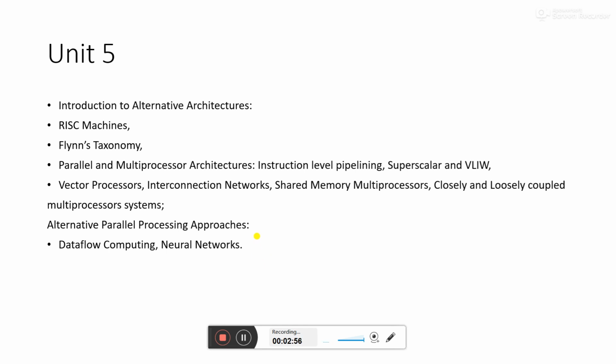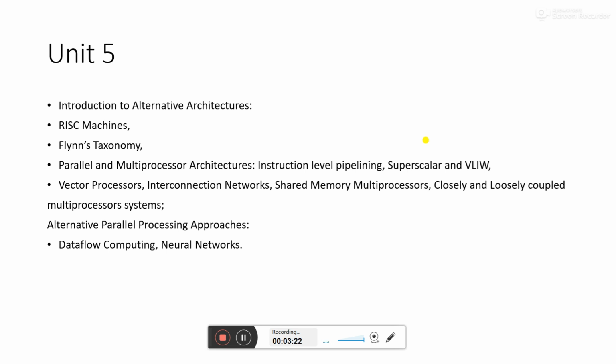We will find some architectures which do not follow the von Neumann architecture. In the von Neumann architecture, you know that there is a memory and a computing system, the CPU, and the CPU directly interacts with the memory, and memory contains the code as well as data. Here we will learn about some other types of architectures also.